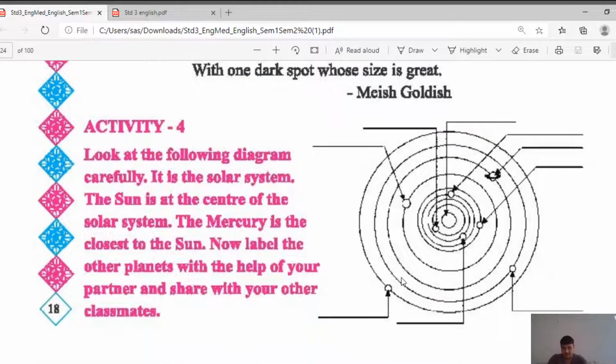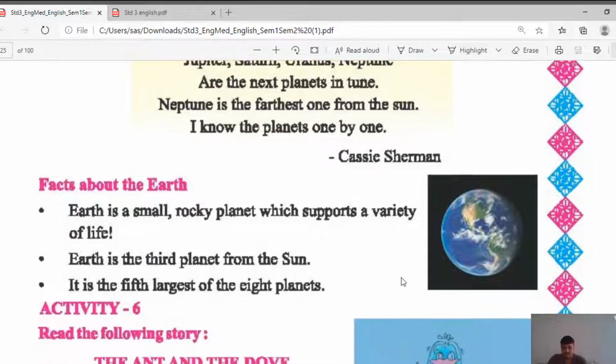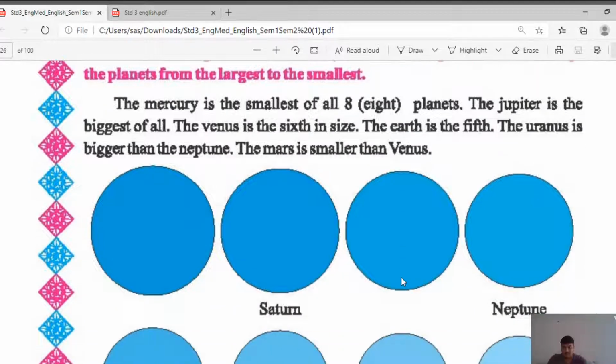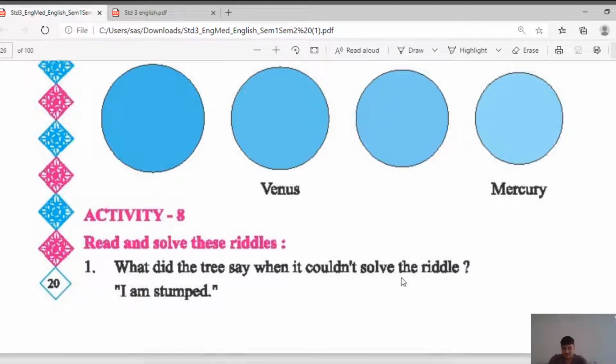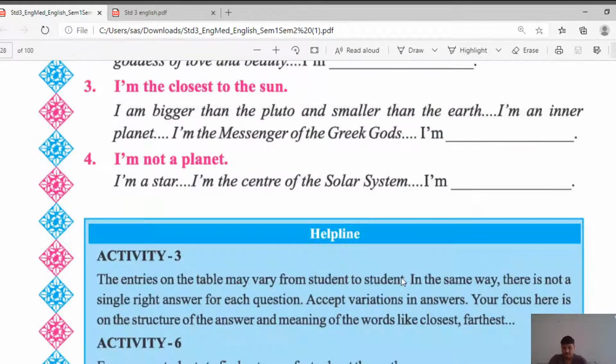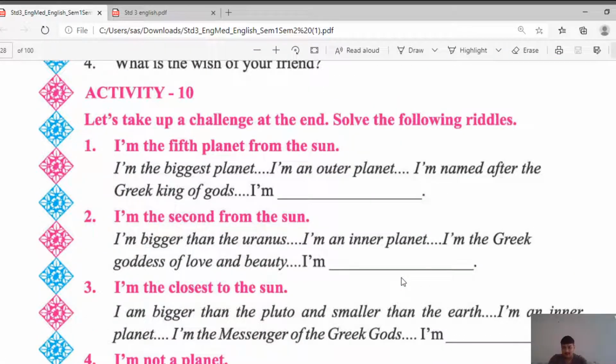And here we have activity 4, activity 5, 6 and directly we are heading towards the important activity which is very much necessary, and that is activity 10. So students, we have already discussed the type of planets and how they are. So let's discuss more by solving this challenge. And this activity is very much necessary for our upcoming second unit test also. So please be focused. So let's discuss, students.